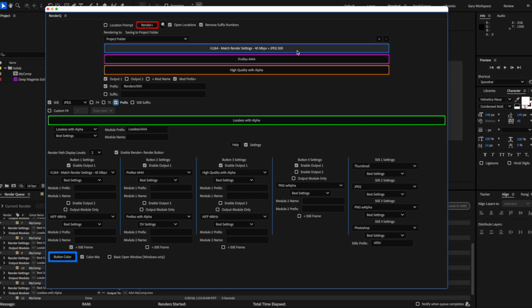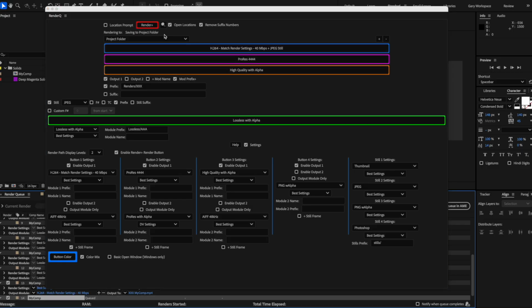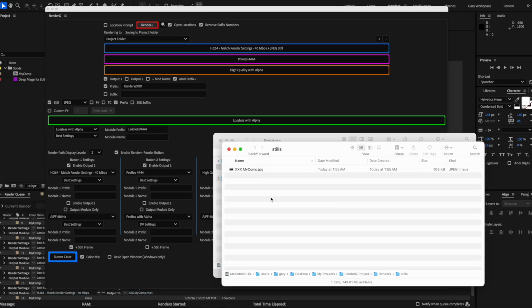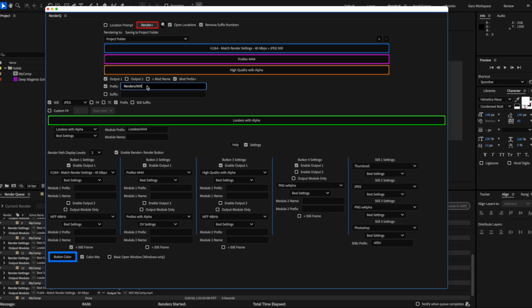When I render this with a JPEG with still, I'll hit Render Plus. It creates a stills folder in renders, with the XXX added because I had XXX here, which doesn't really need to be there. I know it's a lot of information here,